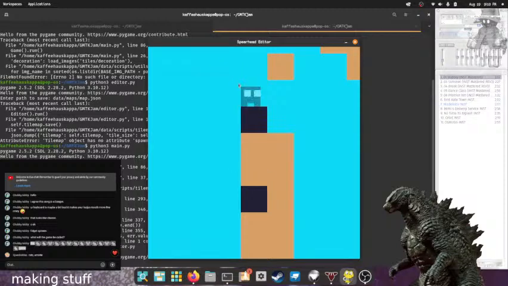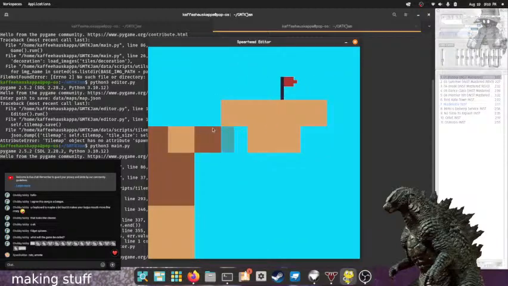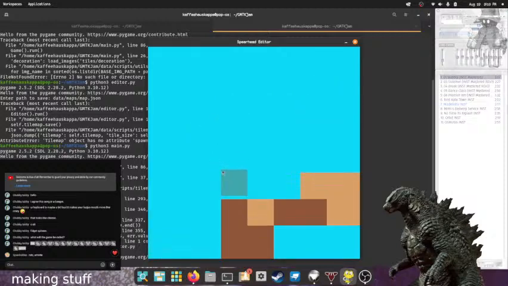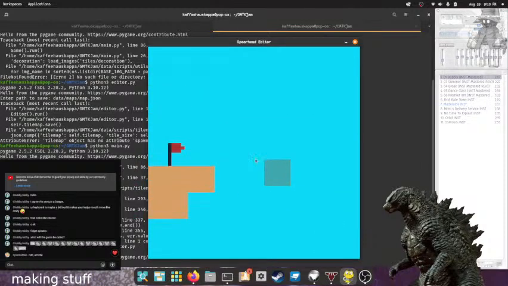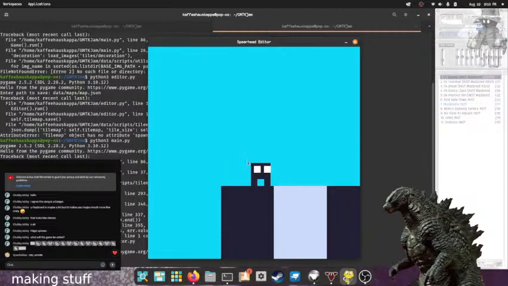Actually, wait, I should scroll erase this real quick. Set it to that one. There we are. And so the reason it was giving me the spawn tile error is because I actually have a middle click on the mouse to make a